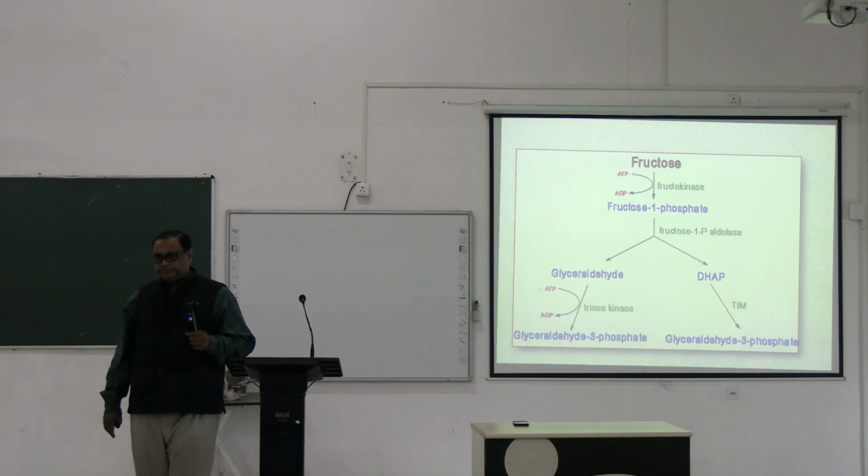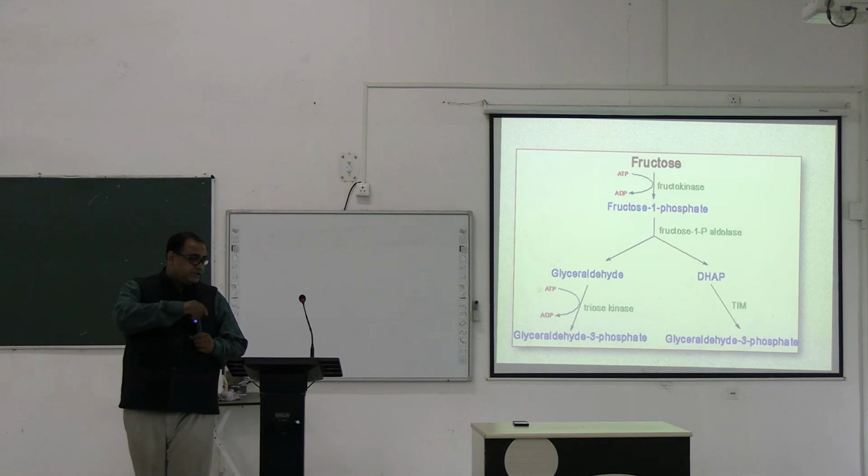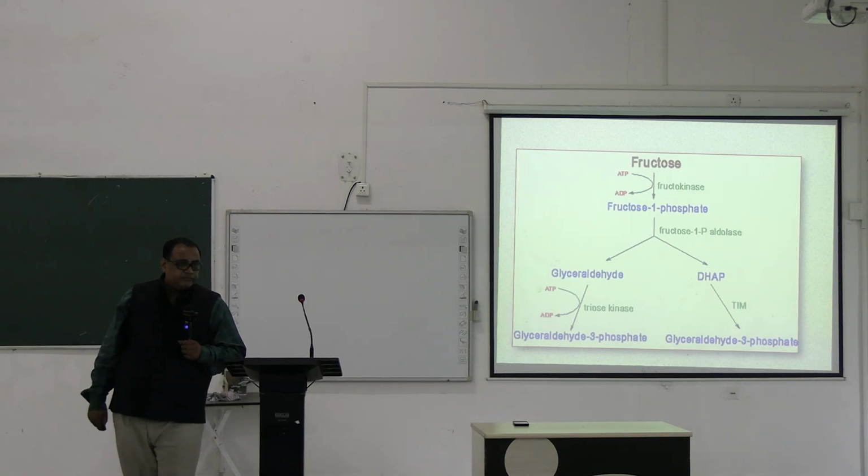But a problem arises at the entry point of fructose metabolism. Where are they actually entering? They are entering beyond the regulatory point of glycolysis. What is the pacemaker of glycolysis? PFK1. So the PFK1 step is being escaped by fructose. See, it is entering glycolysis beyond the main regulatory step of glycolysis. That is PFK1.